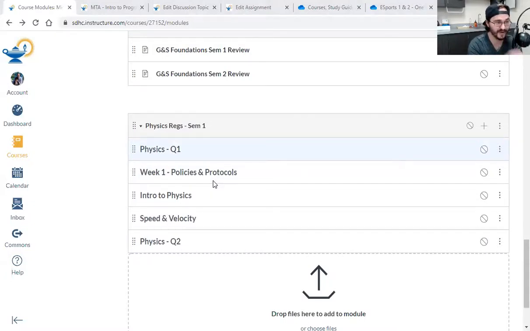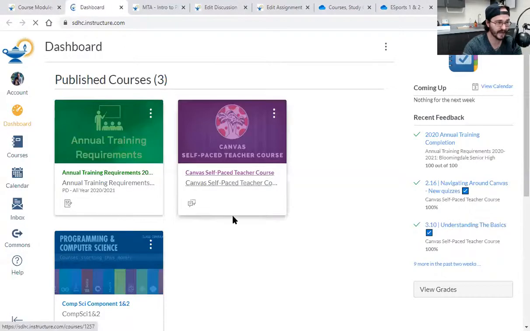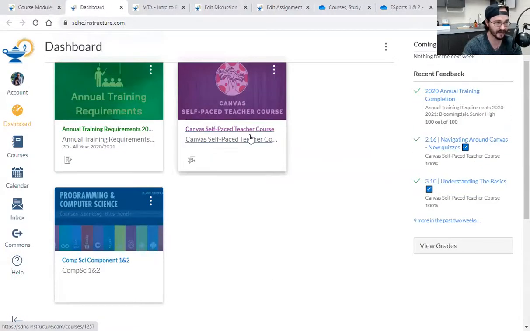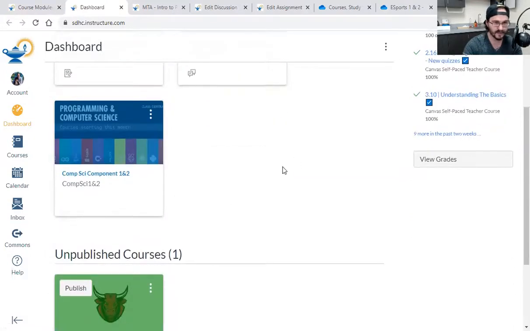Now, what's great about this is once I finally get loaded. Check it out, here's my dashboard, right? Nothing's in my dashboard other than the training requirements, the self-paced course, which I've completed both, and a program I did over the summer. My courses aren't in here yet.